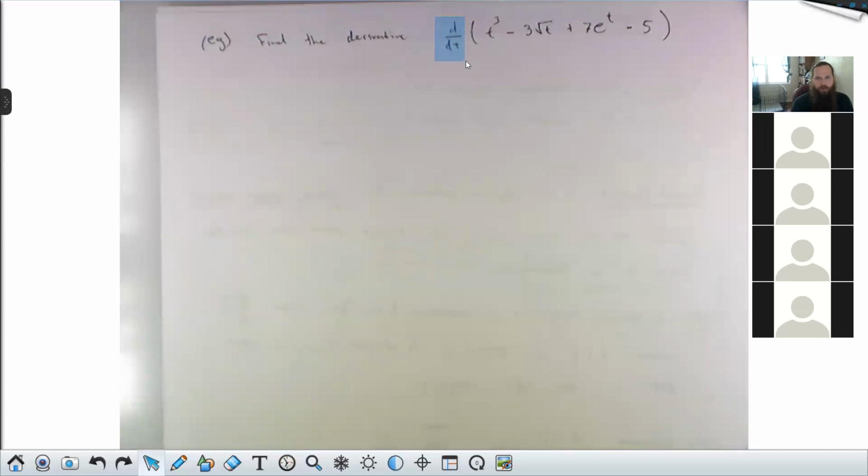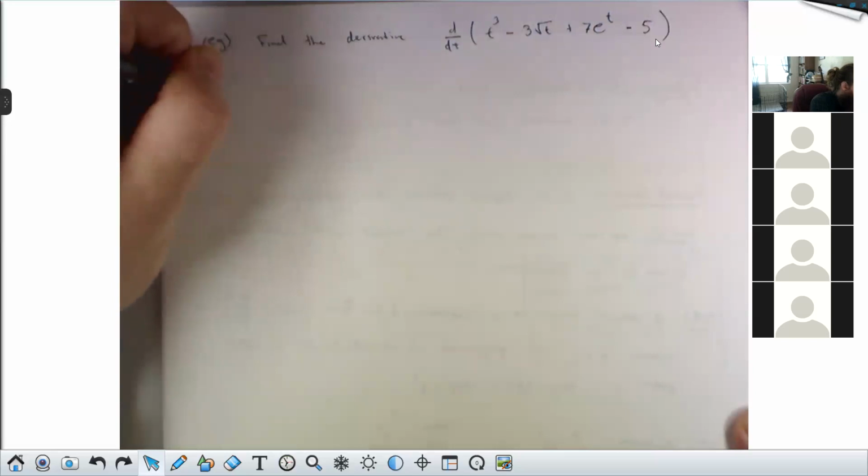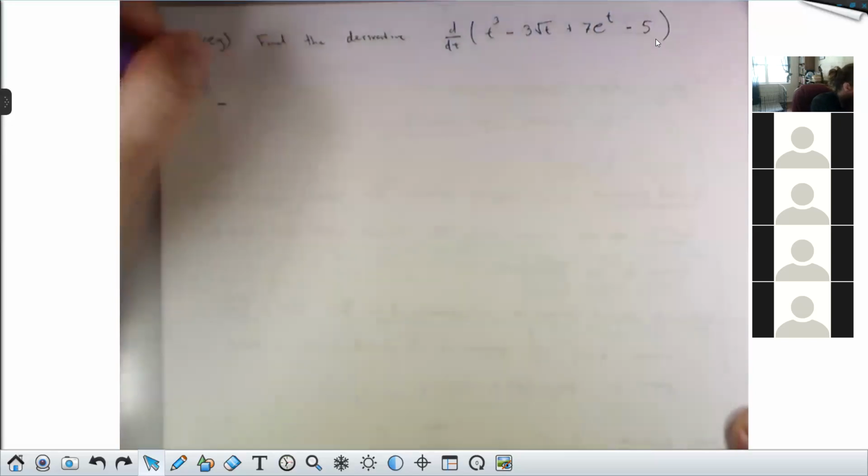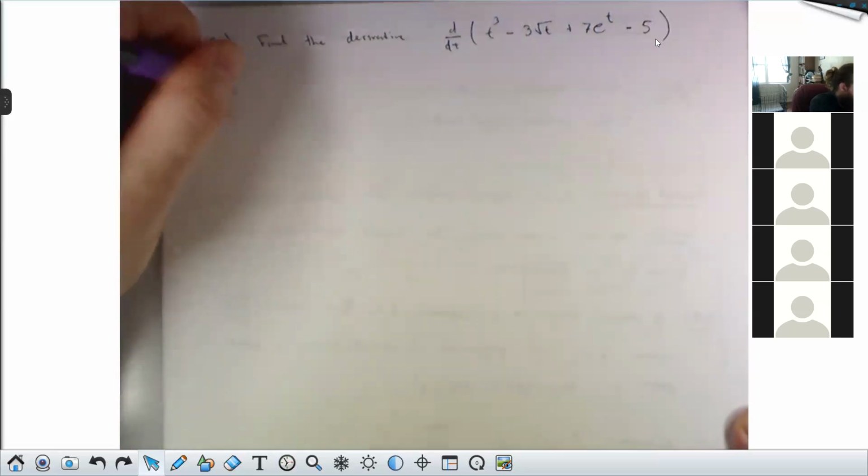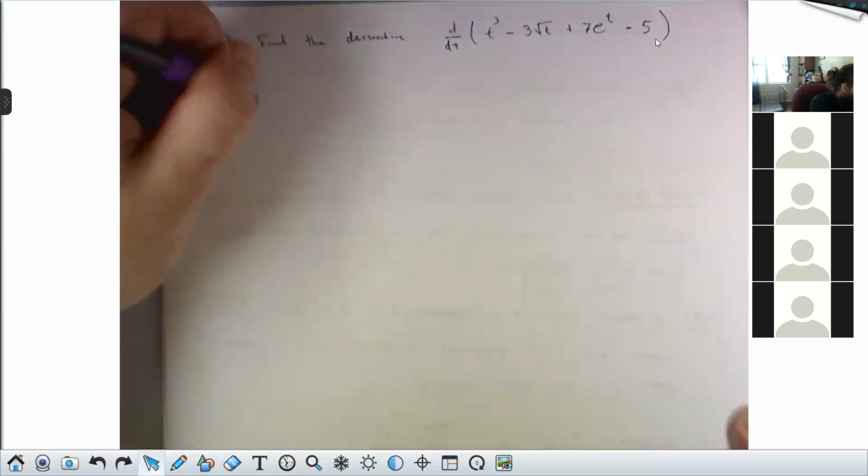I'm taking the derivative d dt of this expression, which is a sum and difference of little pieces. Each one I know how to differentiate. First piece is a straight up power rule. This piece is a constant times a power, but maybe we want to rewrite that as a 1/2 power first. This is a constant times e to the t, we know its derivative. And this piece is just a constant. So d dt of this big thing